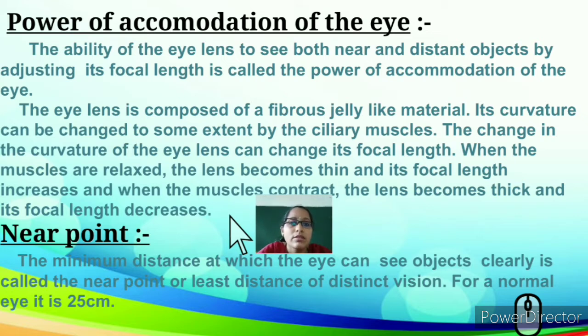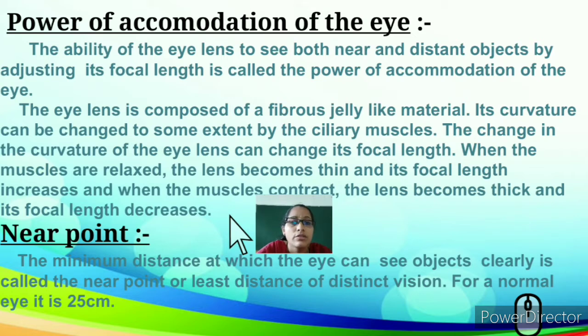So we'll understand now what is near point. Near point doesn't mean that it is very near to us; it's the minimum distance at which an eye can see objects. There is a minimum distance to where, near or far off, the eye gets adjusted to see within the normal range of eyesight. For the normal eye, that distance is 25 centimeters.